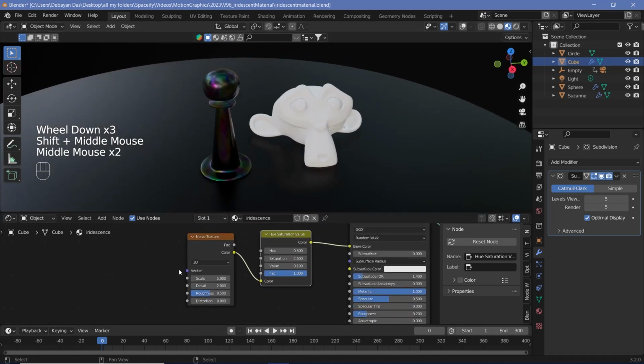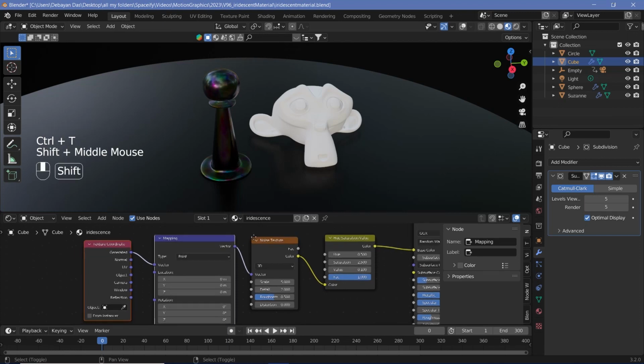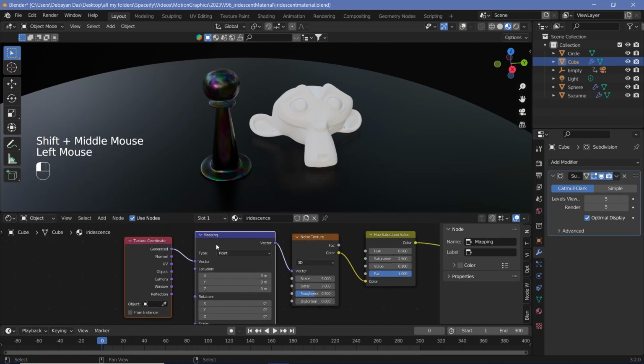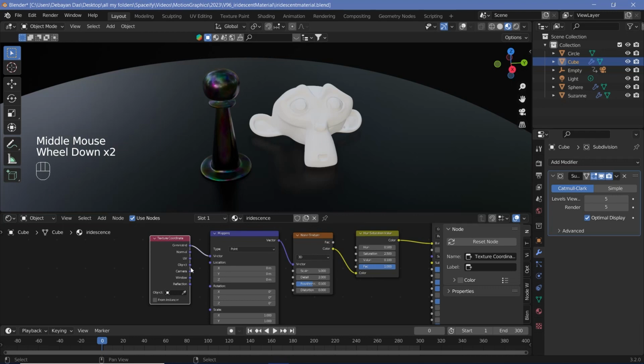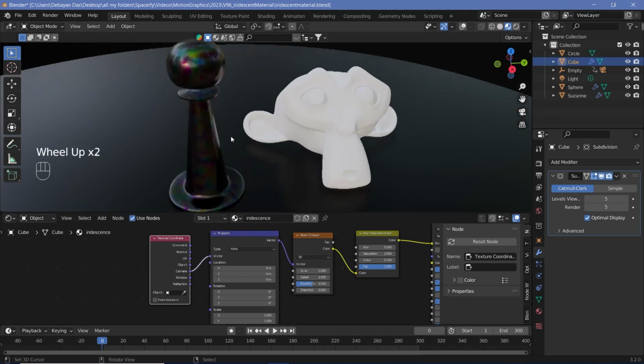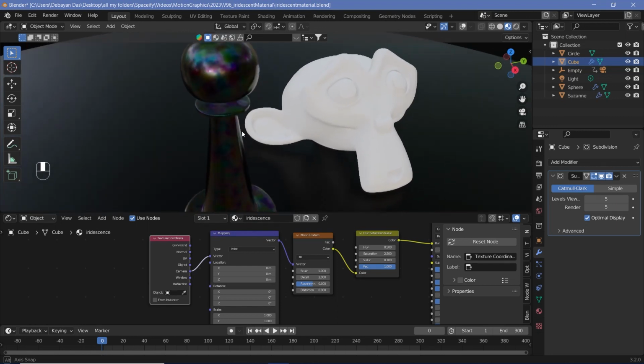So to do that, we're going to press Ctrl T with our noise texture selected, assuming you have Node Wrangler switched on, to get the mapping and texture coordinate nodes. You can always add those in separately if you don't have Node Wrangler switched on. And from the texture coordinates, instead of generated, we're going to plug in the camera into the vector. The moment you do this, you'll notice that if you actually rotate, it's going to start moving with respect to